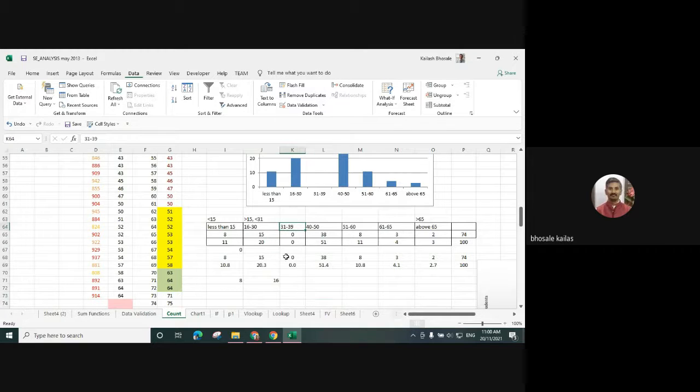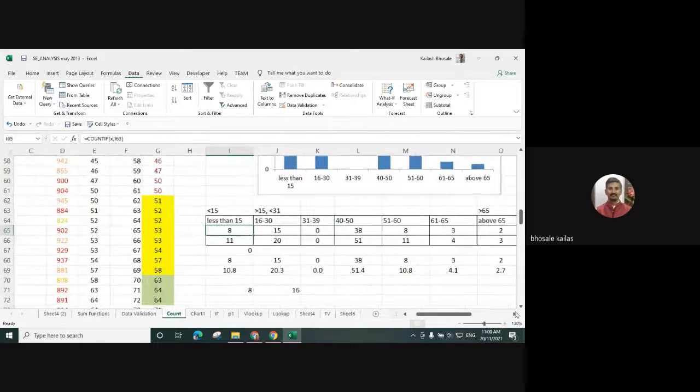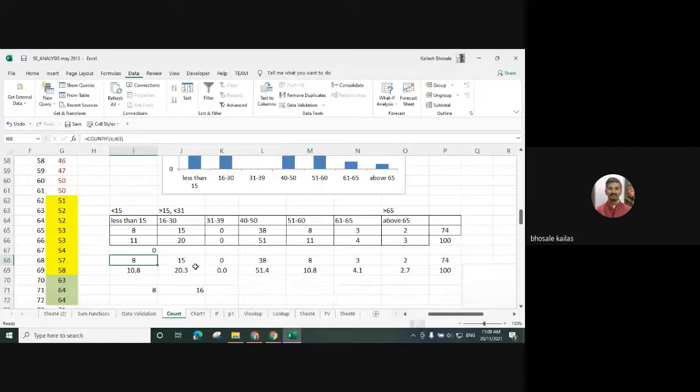Similarly, we can also find out the range between 31 to 39. For that purpose, I have used the COUNTIF function and the COUNTIFS function. If I want to use a single criteria only, then we can use the COUNTIF function. If I have given a range between two values, like greater than 15 and 31, then we can give the criteria.